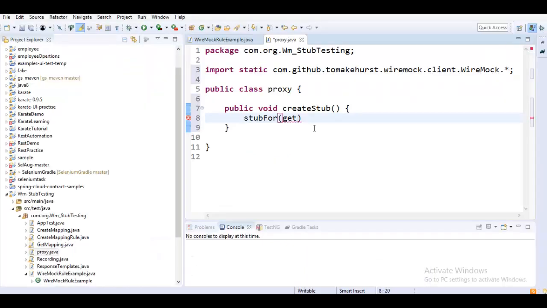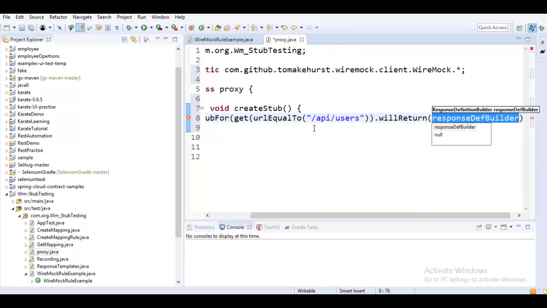So let me just put GET and URL equals to the endpoint. We already know that it is /api/users.